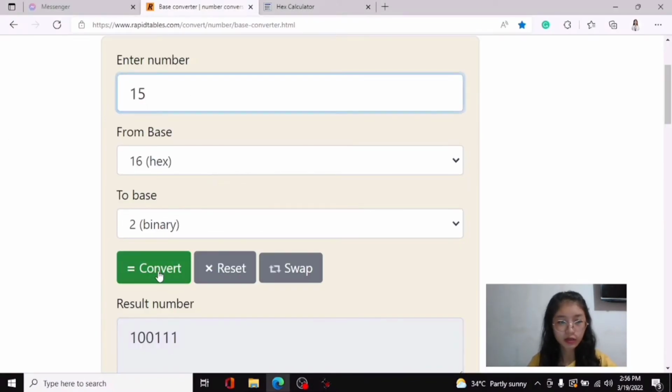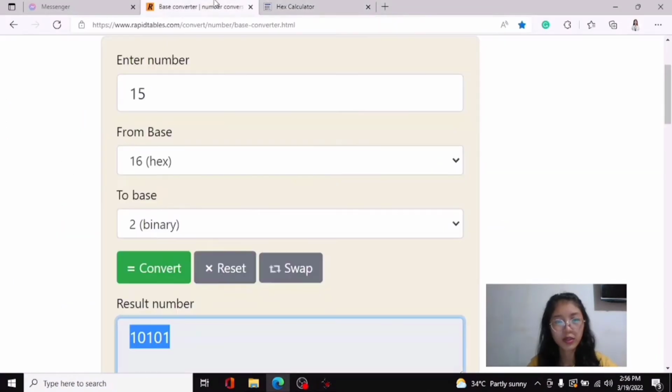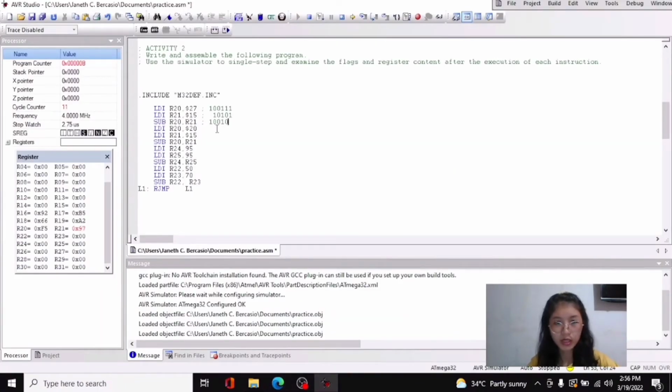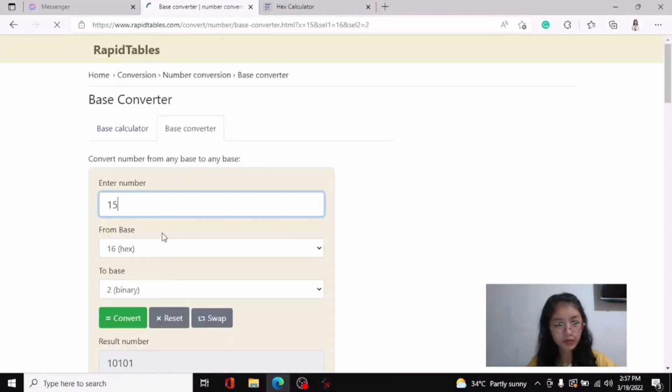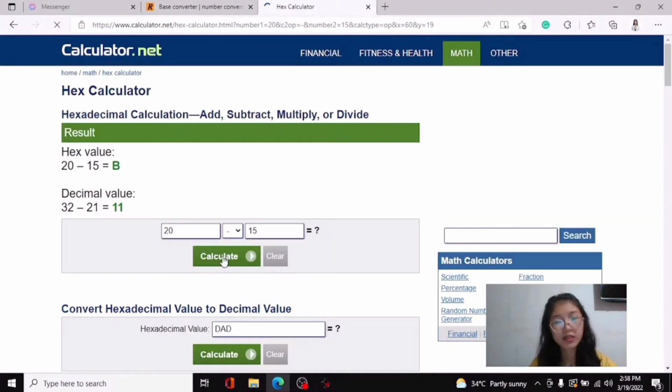First thing that I will do here is to get their binary equivalent for better examining the flags. Subtracting R20 and R21, the answer is 12 and this is its binary equivalent. 20 hex to R20, 15 to R21. And then subtracting R20 and R21 and storing it to R20. 20 minus 15, the answer is